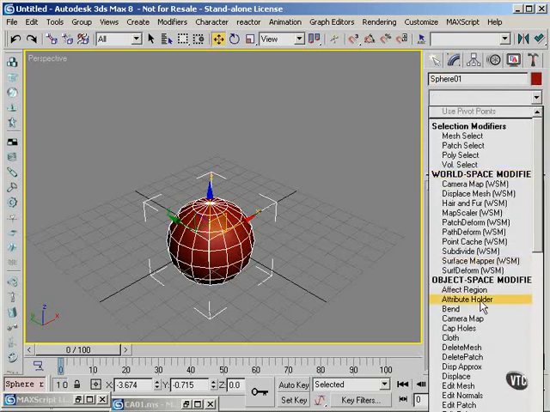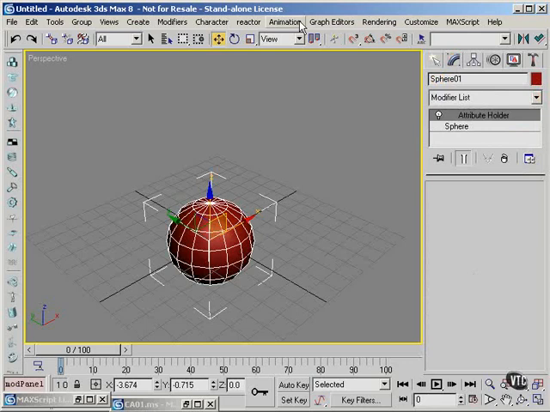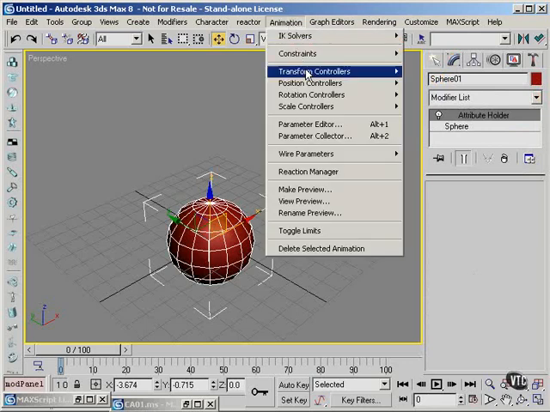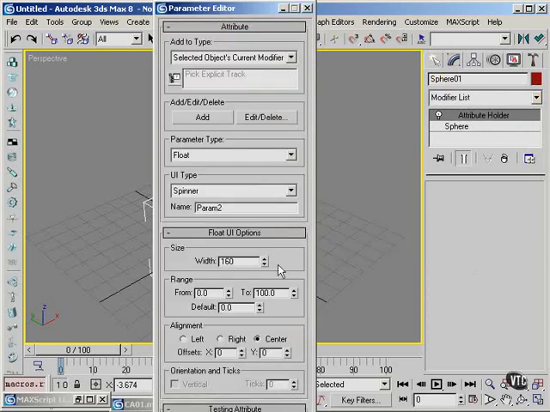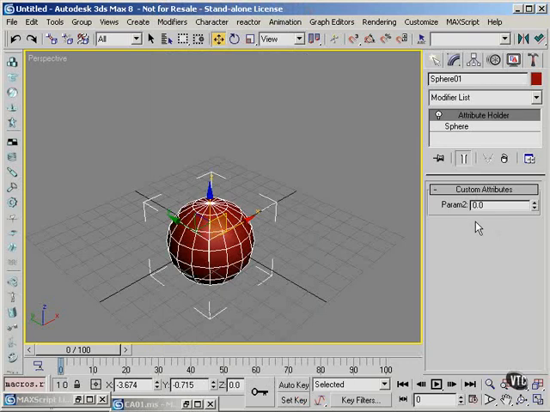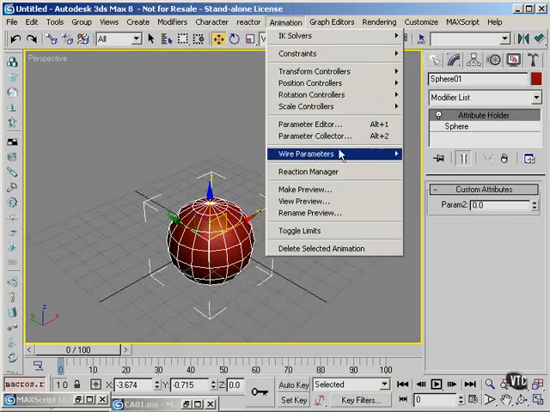I'm going to add an attribute holder. Then I go to the Animation menu, Parameter Editor. I'll just accept all the defaults and click Add. That adds this custom attribute here. Then I can go to Wire Parameters,